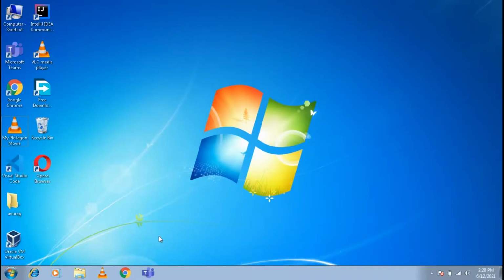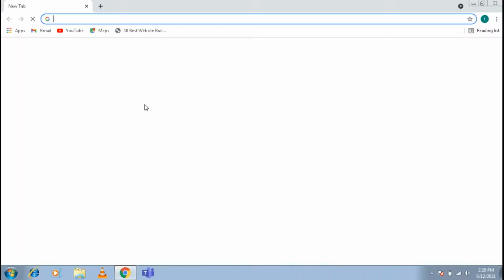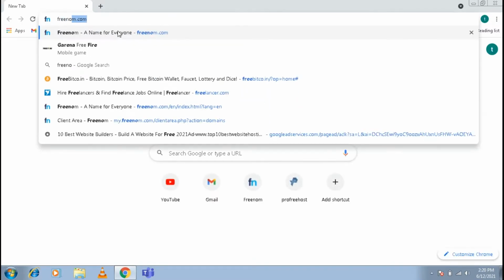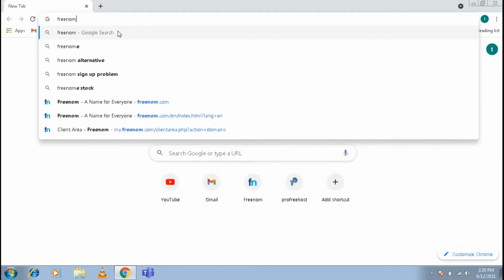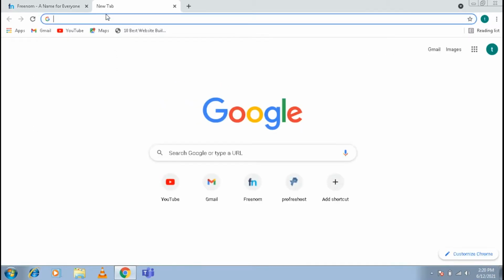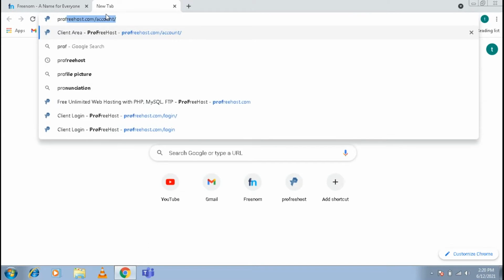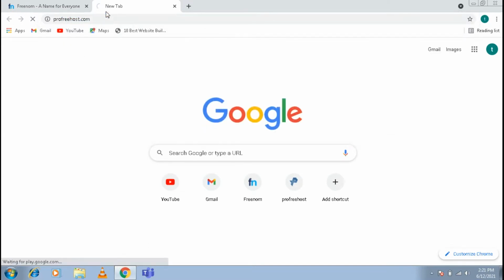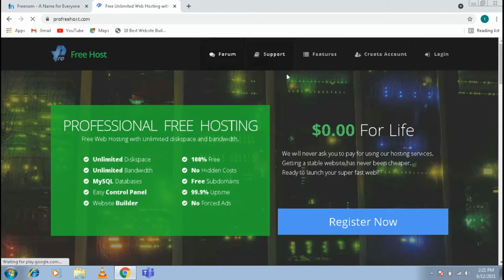First of all, open Google Chrome and search for freenom.com, which will give you a free domain, and for free hosting search for profreehost.com, which will give you free hosting. And to get free hosting, just click on